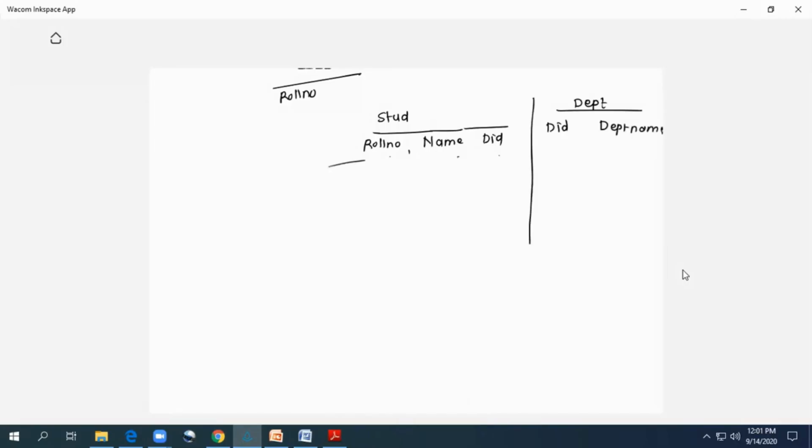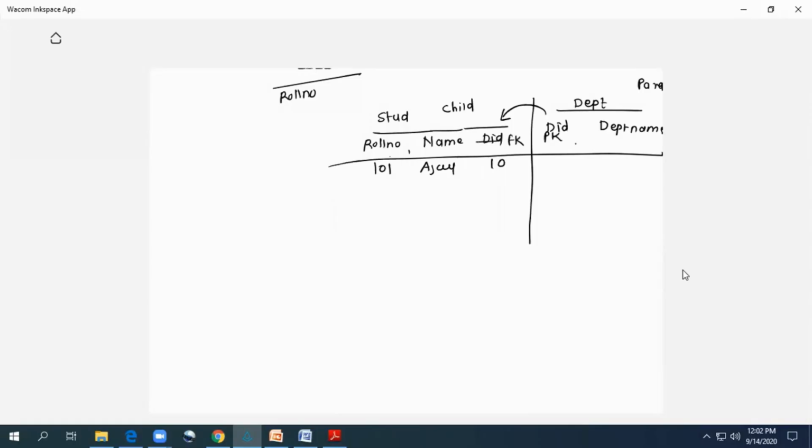These are the two tables here. Assume there is a student with roll number 101. Their name is Ajay and department ID is 10. Right? Here, if you observe, my department is the parent table and student is the child table. Here, department ID we are referring from the department table. So department ID in the department table will be the primary key, but in this student table this will be a foreign